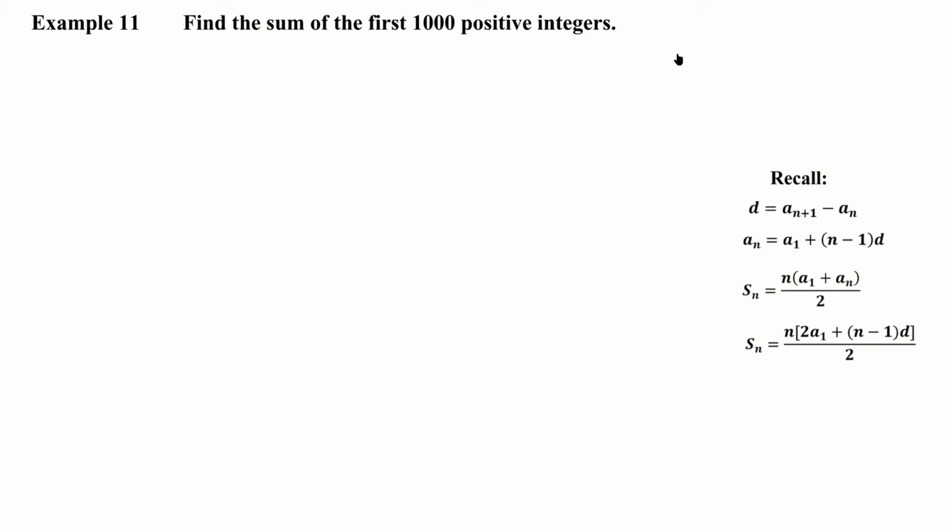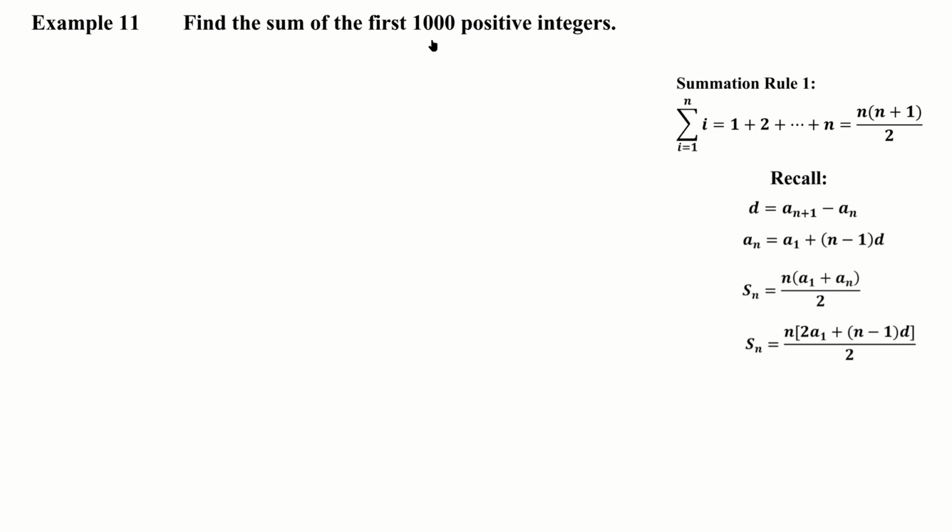Now, if you think carefully about this, you should realize you already know how to do this because of summation rule number 1 that we stated and proved in our last video. Let me remind you of that rule real quickly. So here it is. Notice we can just do the sum from i equals 1 to 1,000 of i, and we can then use this formula to find it. But it's interesting to see that these two formulas will actually become the same when dealing with this particular type of problem,